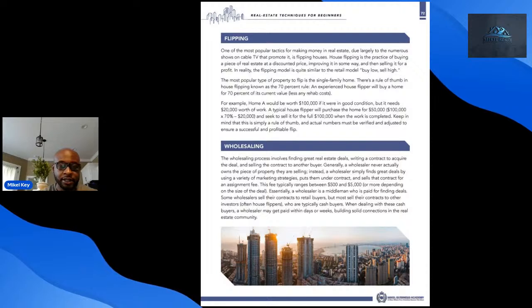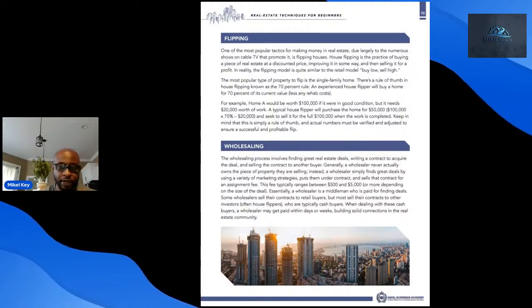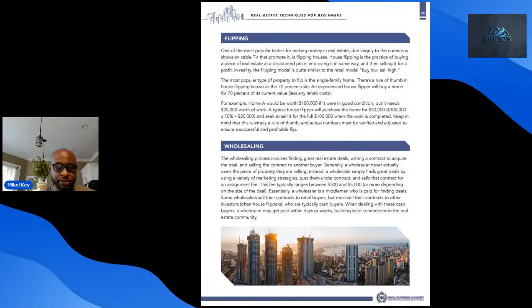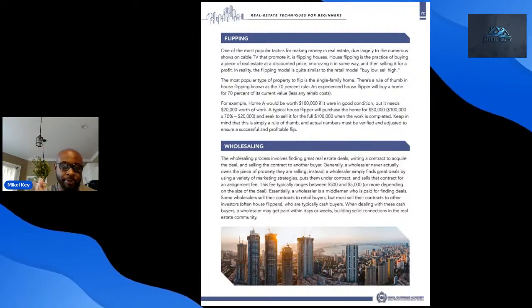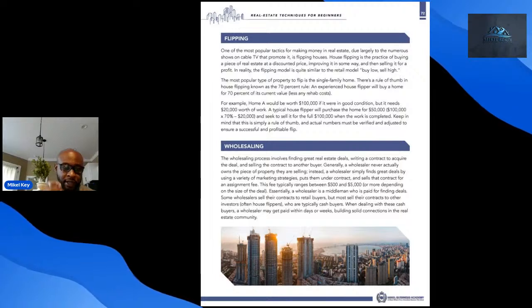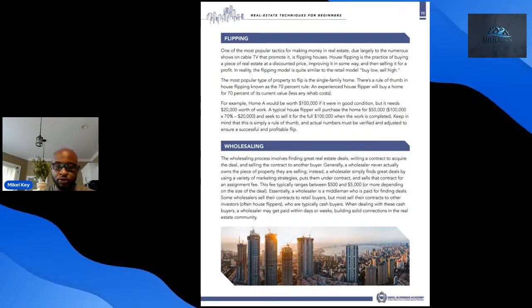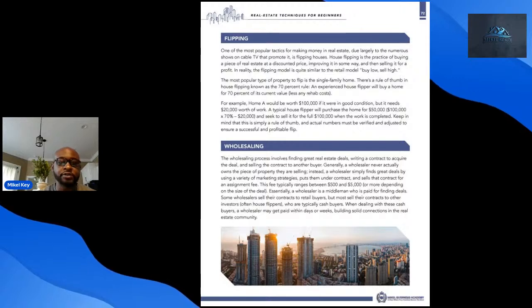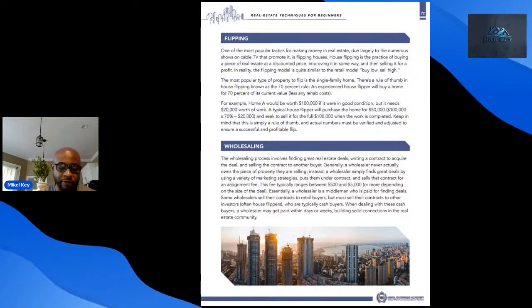So let's say you have a house on A Street that's for sale, and you can't figure out what it's potentially worth. Just go back and look at all the past sales in the area and calculate what that price per square foot is. If that price per square foot is $125, and your house is 1,000 square feet,